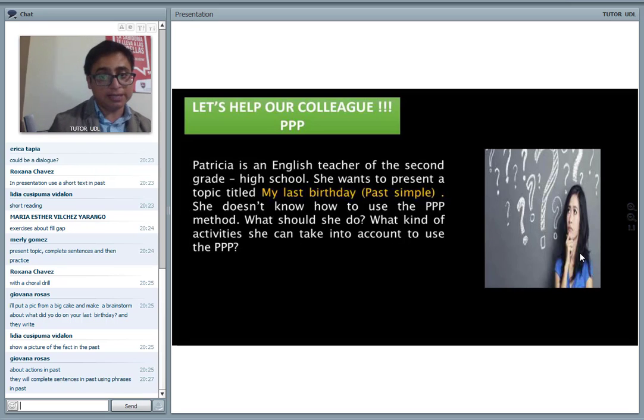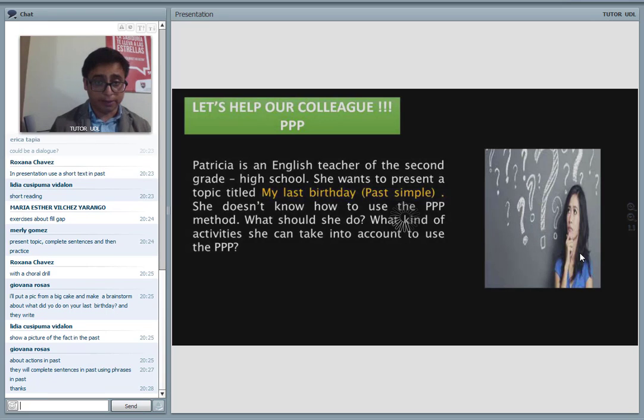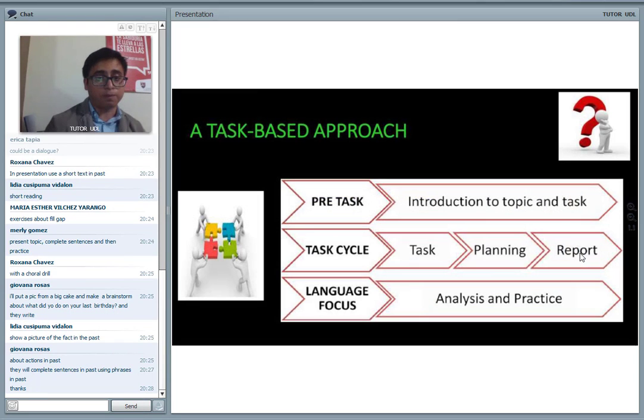Okay, so that's all about PPP. So before closing that topic, do you have any questions? I think it's the most common one, right? We usually use this, but we didn't know the name of this approach. But now you do. So you know the name of the approach, right? Okay, so if you don't have any questions about this part, we are going to go to our second approach for today's lesson. Okay, that is called